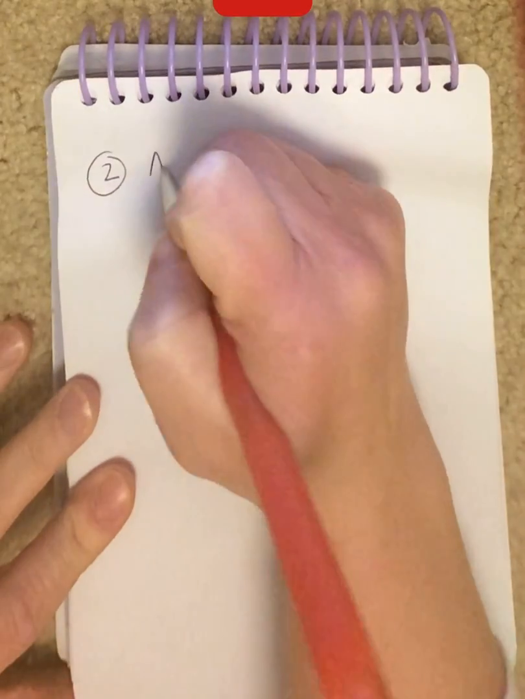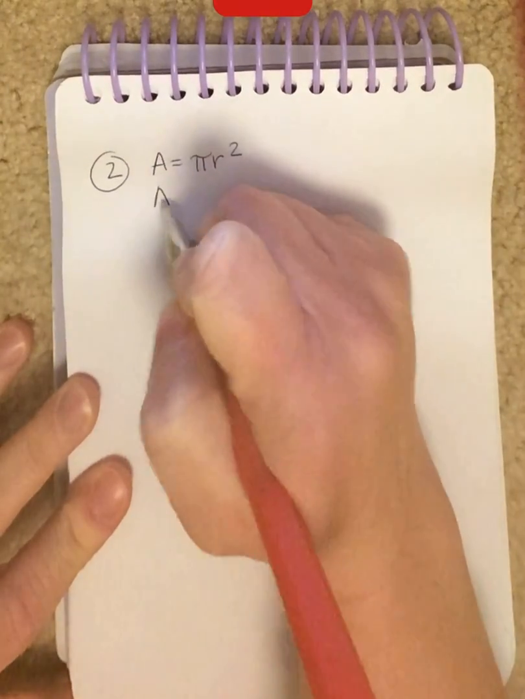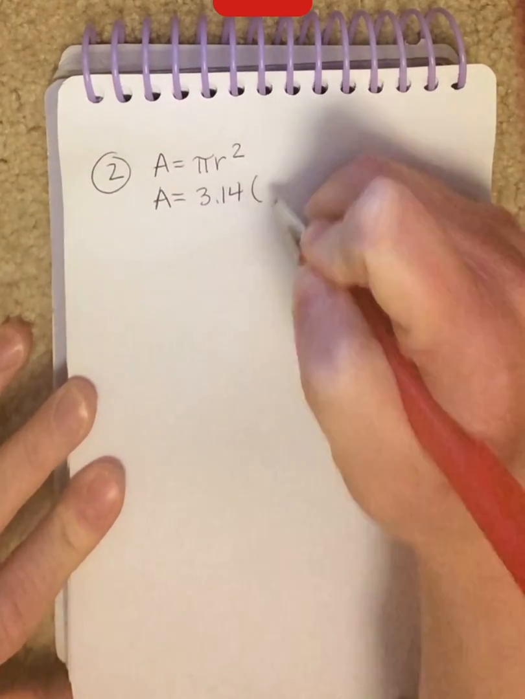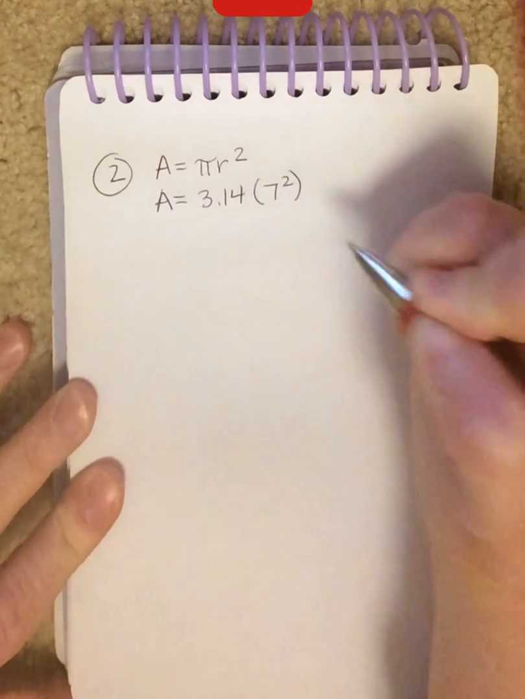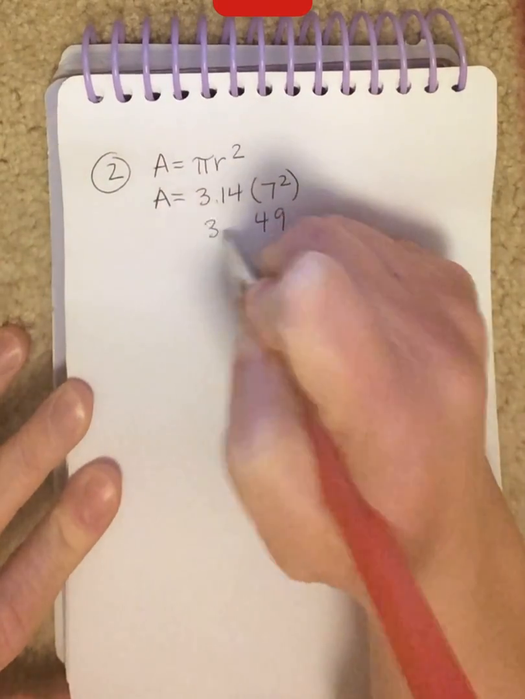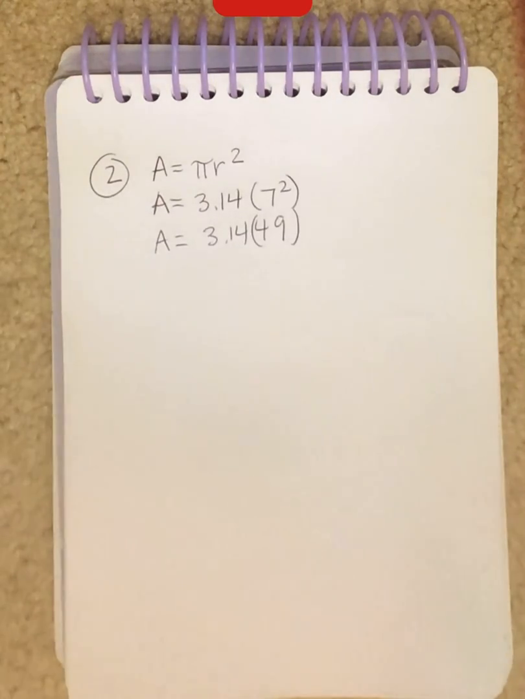It states, what is the area of a circle with a radius of 7 feet? So if we fill out the formula, area equals pi r squared, we don't know the area. We know radius is 7, so 3.14 times 7 squared. We also know that that's 49, yes? So we just do 3.14 times 49